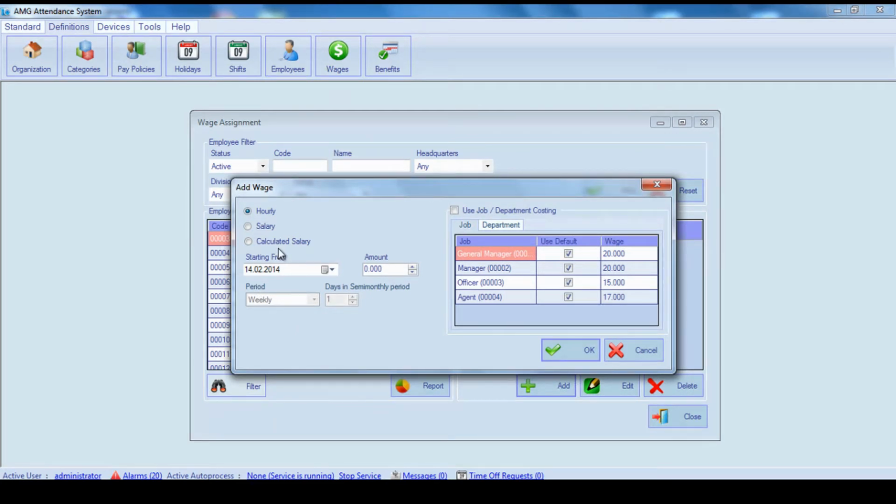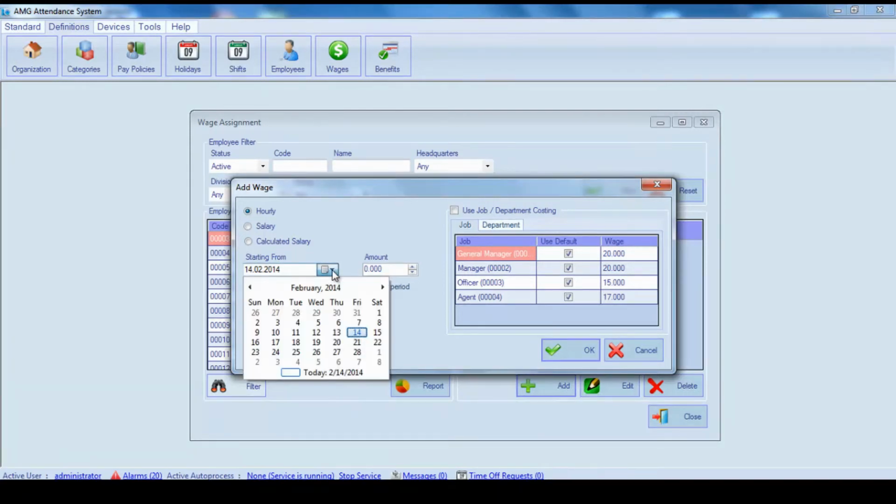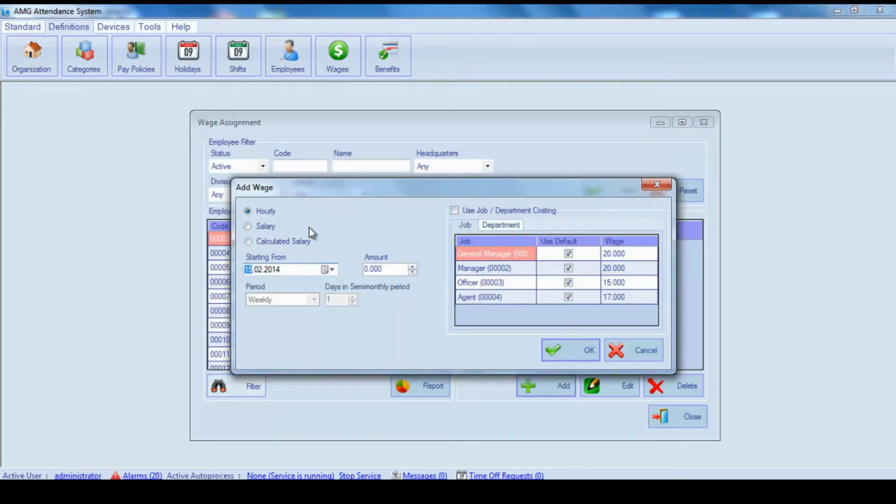In the Add Wage window, first of all, you should enter or select from the calendar the date from which the new wage must be applied. Then choose the wage type. In AMG Attendance system, there are three types of wage: hourly, salary, or calculated salary. If wage type is hourly or calculated salary, then the system will calculate the total salary according to employees' tracked